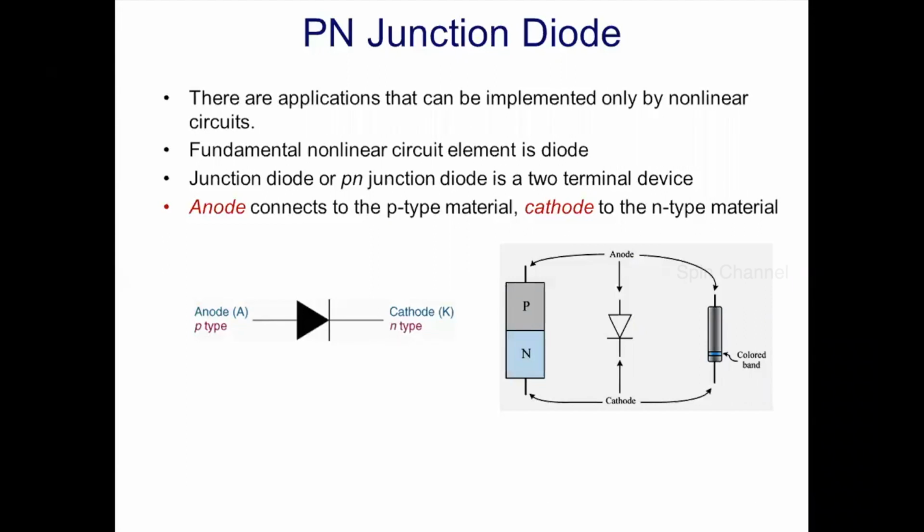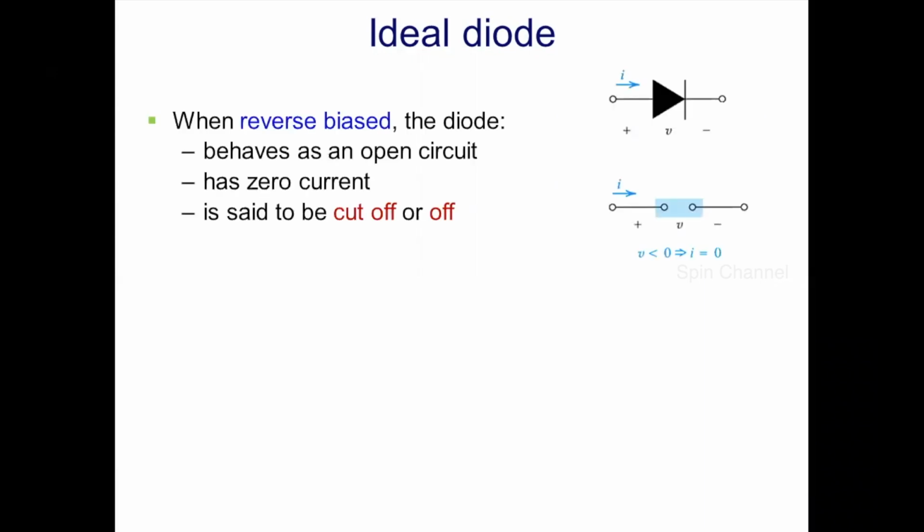Diode is a two-terminal device, as we discussed in the previous session, the terminals being anode and cathode, as shown in the figure. For better understanding, let us begin our discussion with the ideal diode element. Consider a diode shown here. Now, relative to the reference direction shown here, consider a negative voltage is applied to the diode.